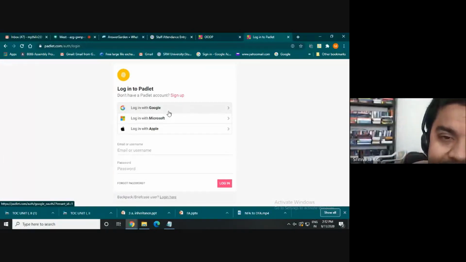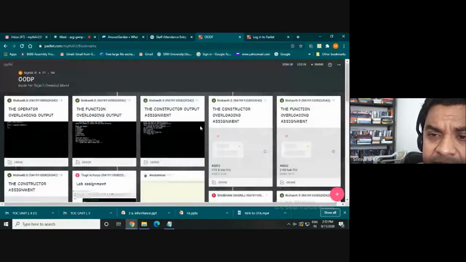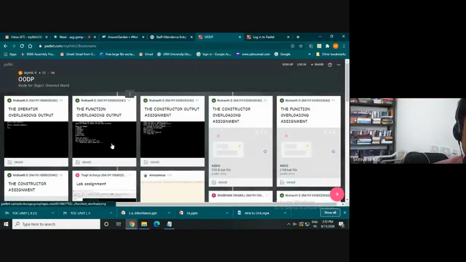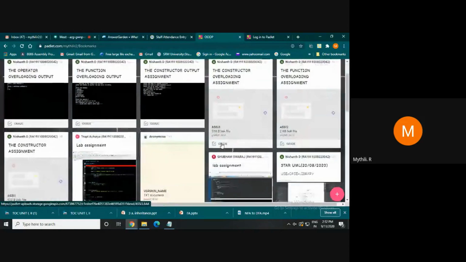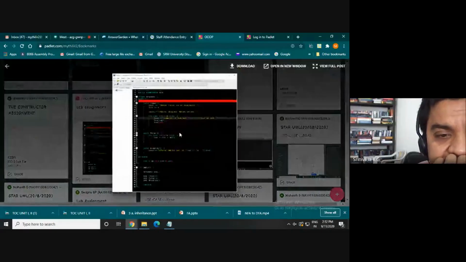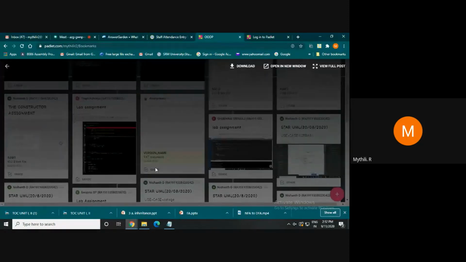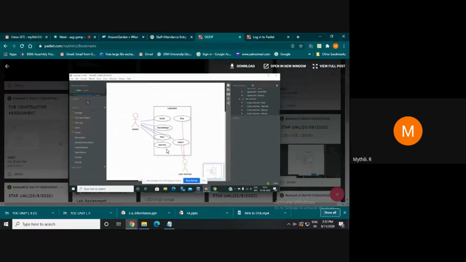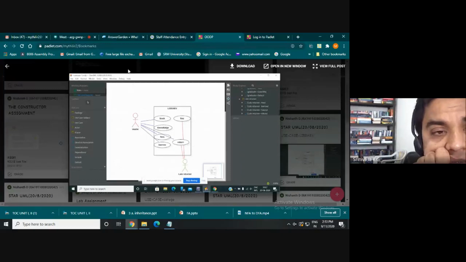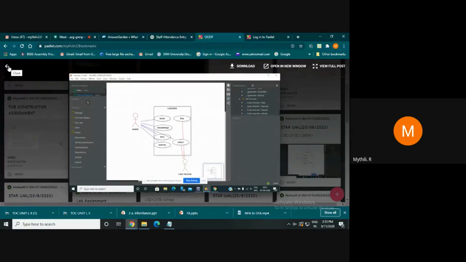Madam, what is this template that you have used? This is my page, sir. The students have shared their work. Like, this is a C++ program, and this is the UML diagram, sir. Each and every student shared their work. In this way, we can exchange ideas. Everybody will come up with different ways, because for solving a programming problem we don't have a single way. There are different ways of solving the same problem.